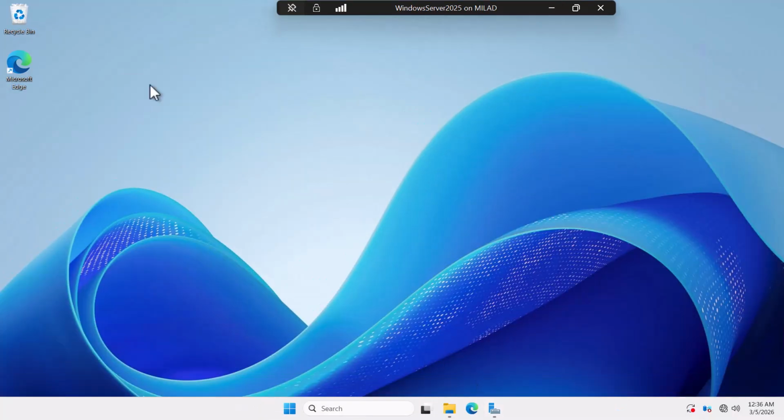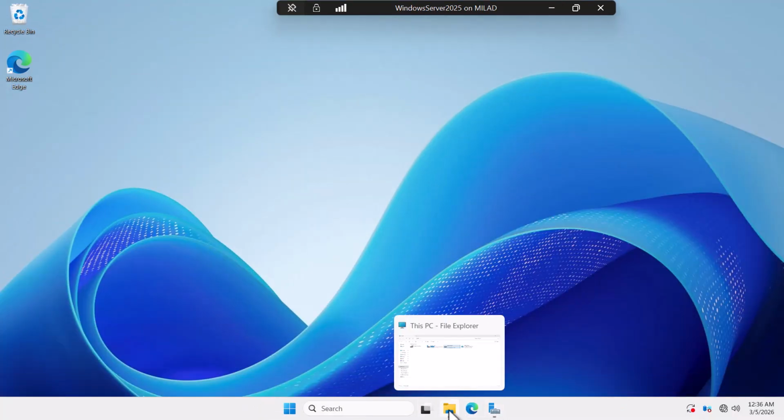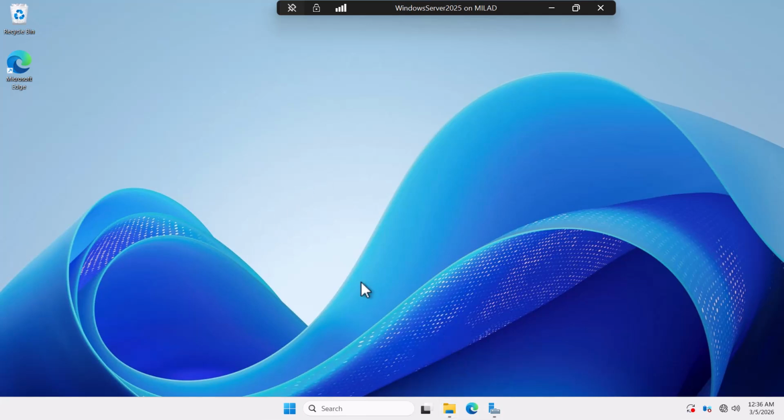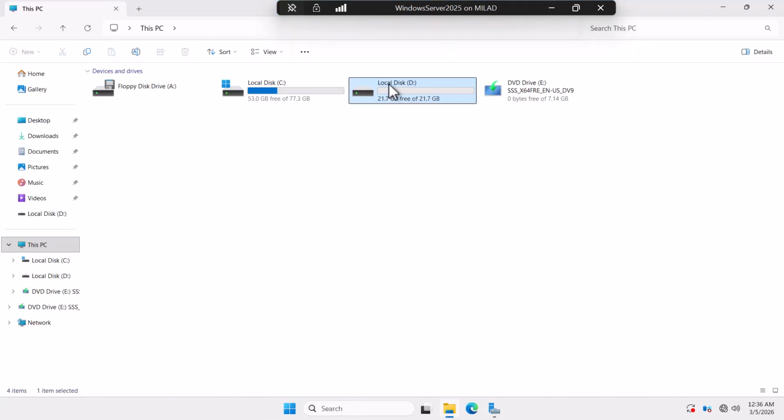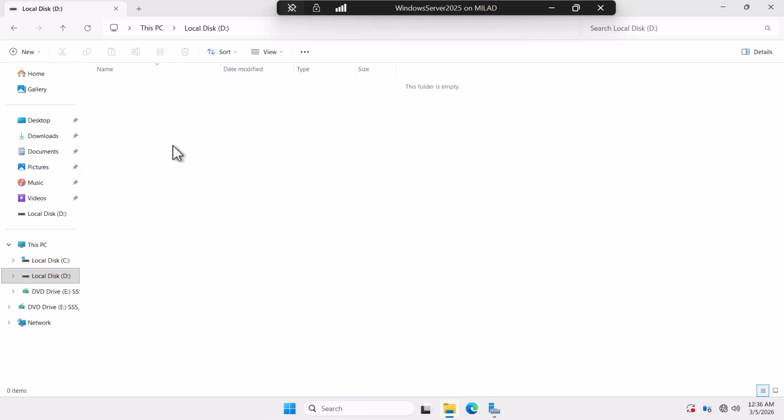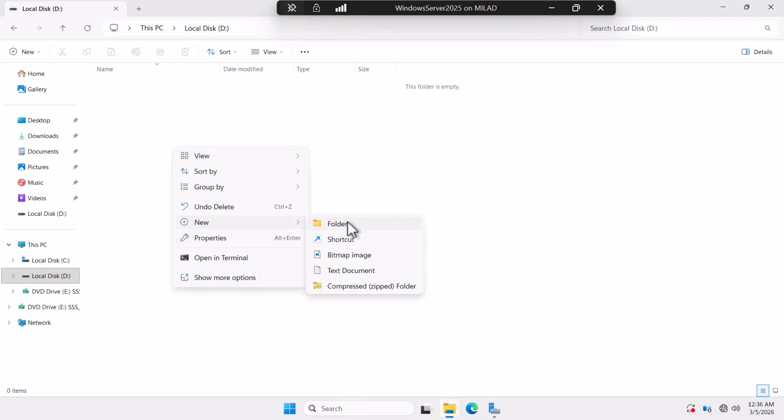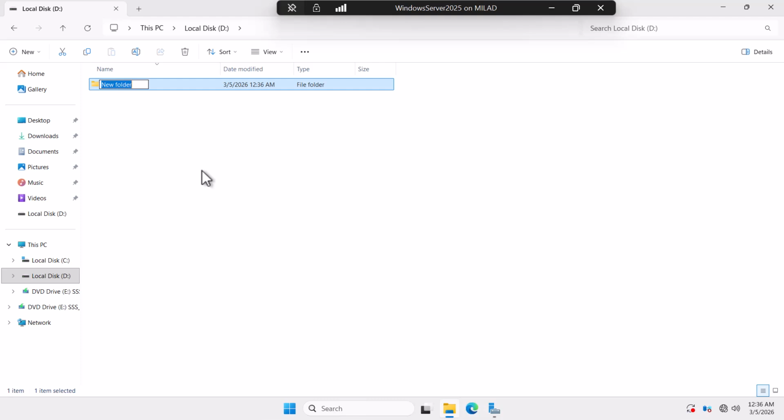So let's create another folder in the file server in drive D. This time we will share this folder. Let's name it as dev,